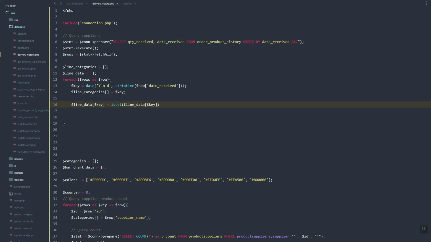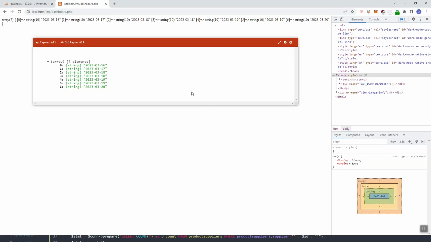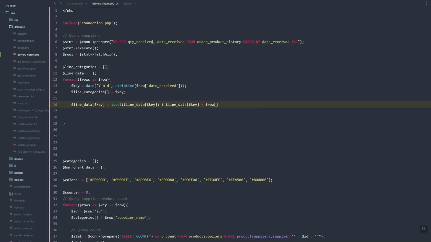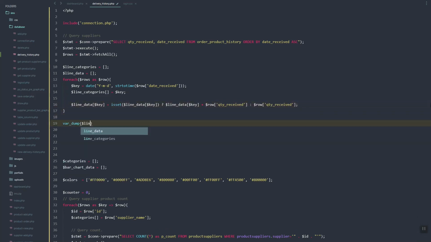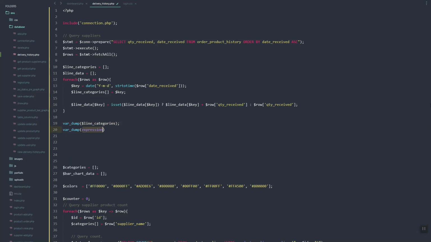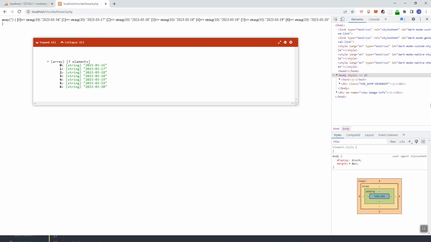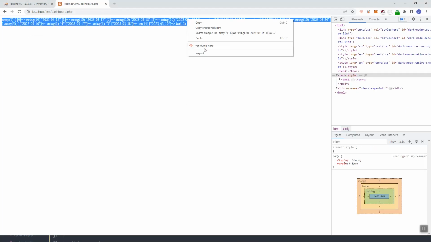If it's already in our array, then we'll just add the current value plus row and then the QTY received. Else we'll set the current QTY. So if I have the line categories and then the line data, we should see here